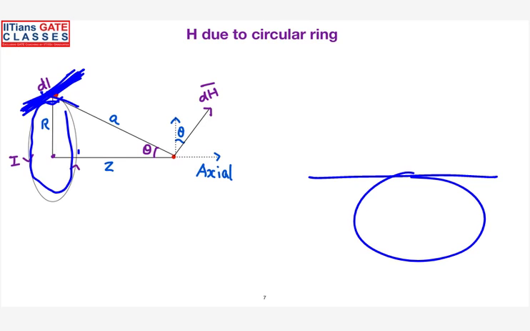What will happen that time? You are able to imagine, right? You will not be able to see the circle, but this element is pointing outside the plane of paper, right? Right now you can imagine that it is pointing outside, and this is your radial vector.